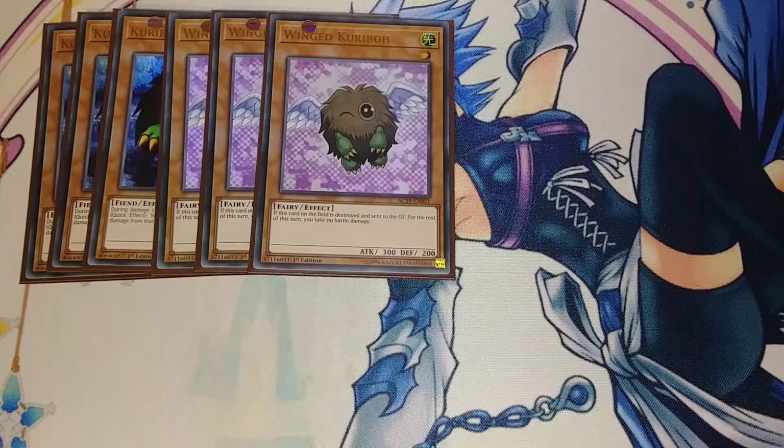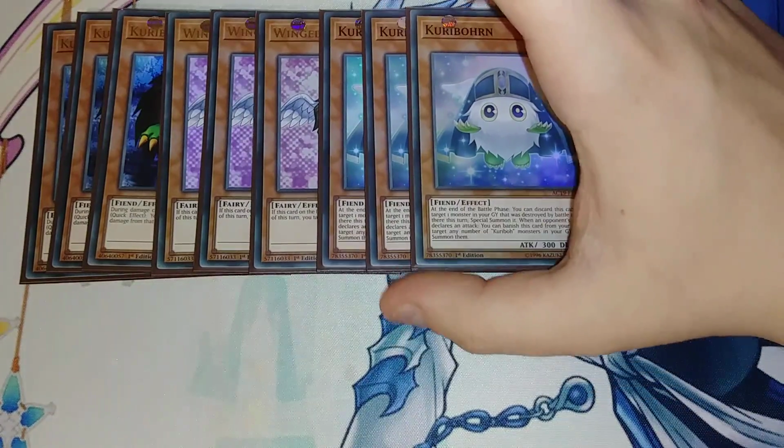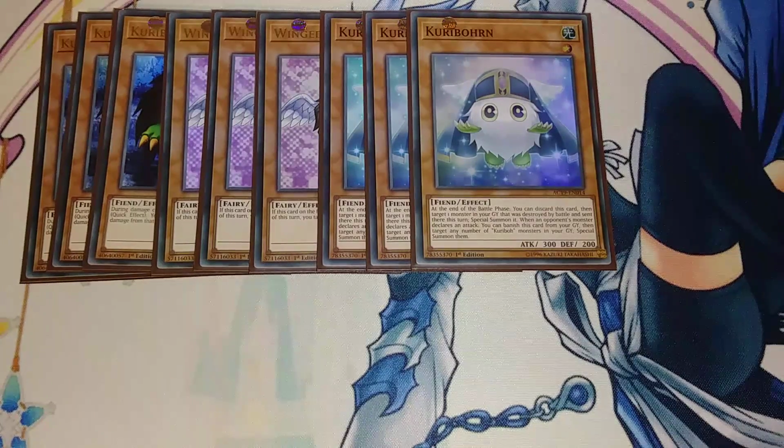We play 3 copies of Kuriboh Reborn. This card is a super interesting new-ish card that kind of went under the radar for a lot of people. Basically what this card does is, at the end of the battle phase, you can discard this card, then target 1 monster in your graveyard that was destroyed by battle and sent to the graveyard this turn and special summon it. When an opponent's monster declares an attack, you can banish this card from your graveyard and then target